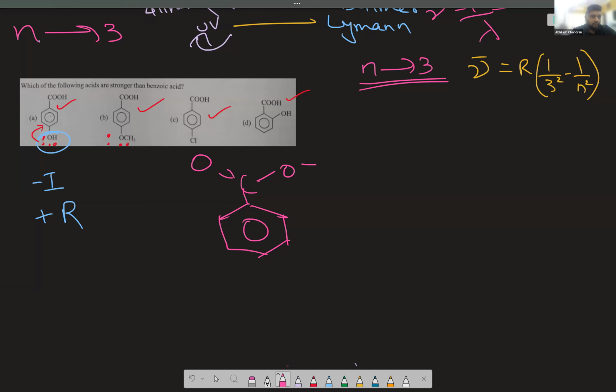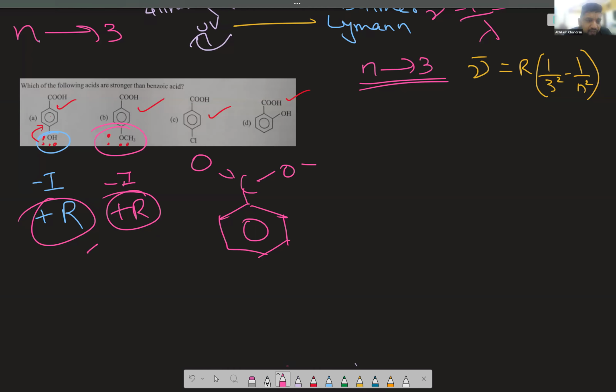So yeah, benzoic acid is acidic, right? But when I'm looking at this OH group or my OCH3 methoxy group, these are both minus I as well as plus R. And this plus R is more damaging than the effect of minus I. Minus I is the inductive effect, right? The electron withdrawing effect because of